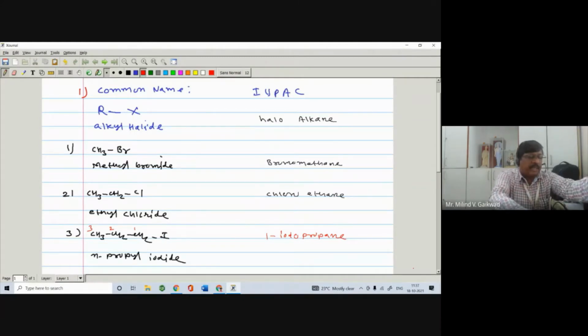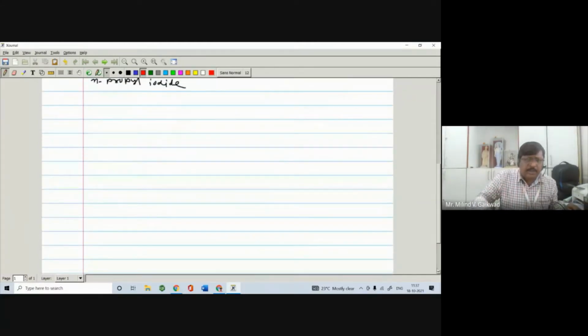I will not take more examples on the IUPAC nomenclature because it is not very simple. So next is the physical property of alkyl halide. Physical properties. So if you see the lower members of alkyl halide, for example, methyl chloride, methyl bromide,